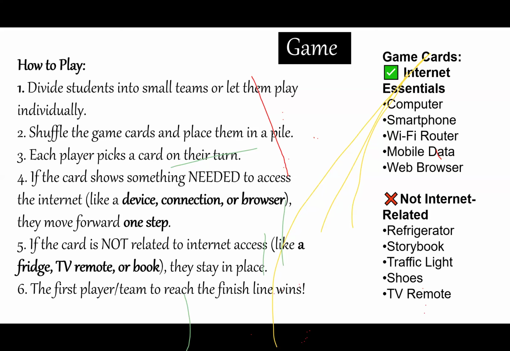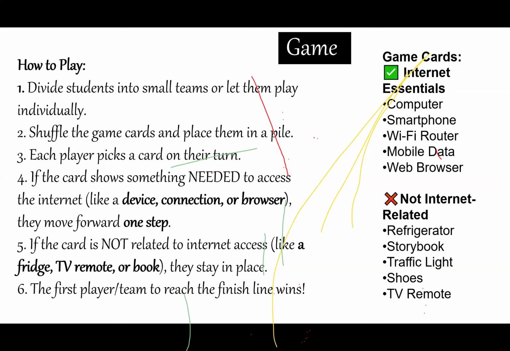So the students have to sort these words into things that are needed to access the internet and things not needed to access the internet. These words, these things on pieces of paper, the students need to sort them into two groups. The first one is things needed to access the internet, and the second one is things not needed to access